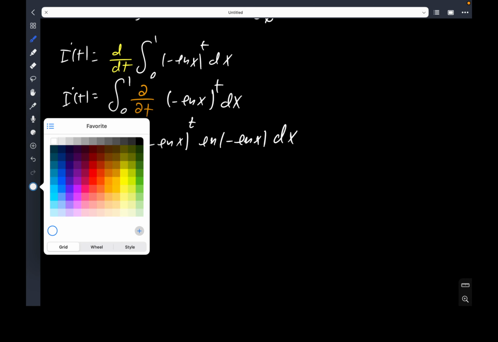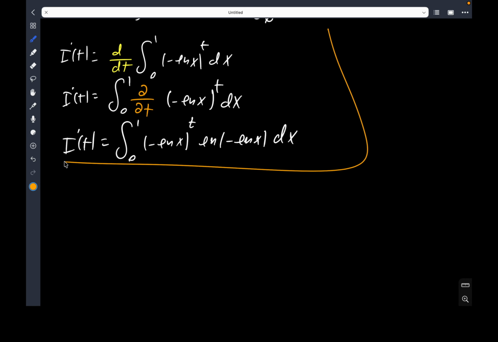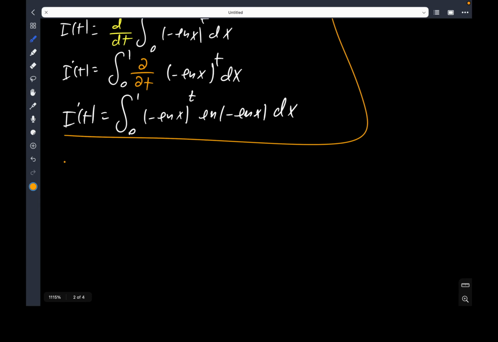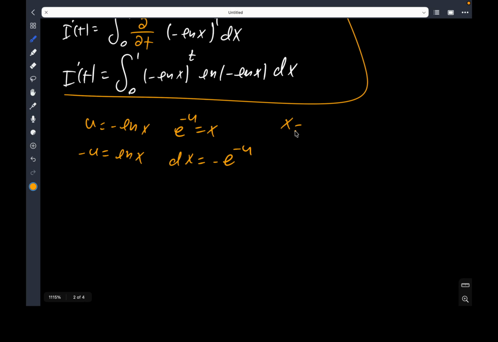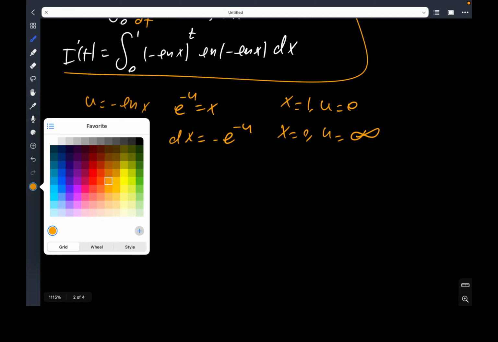So from here now, I'm going to use a variable substitution. I'm going to let u be equal to negative ln x, and therefore negative u is ln x, and thus e to the negative u is equal to x. dx is negative e to the negative u du. And my bounds: when x equals 1, u equals 0, and when x equals 0, u equals infinity. So my I prime of t